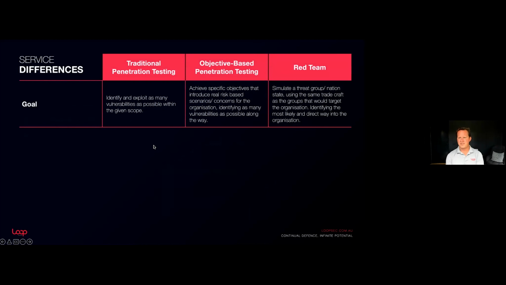So let's dig into it. We've got a couple of slides here. What we're recommending to each of you is that traditional penetration testing still has a critical place, and we'll talk about where that place fits within your assurance program. We think there's a great opportunity this year, 2022, to start to introduce objective-based testing. And hopefully by the end of this, you'll know what it is and how that's going to add value.